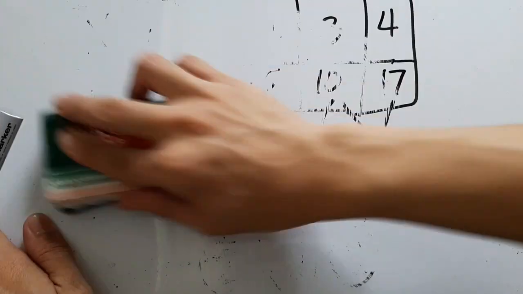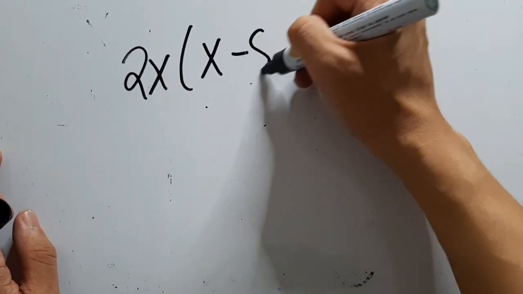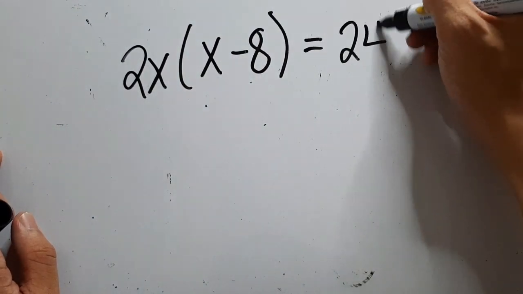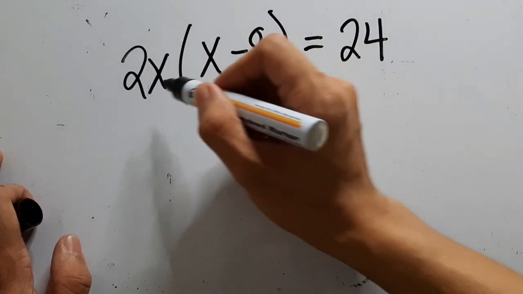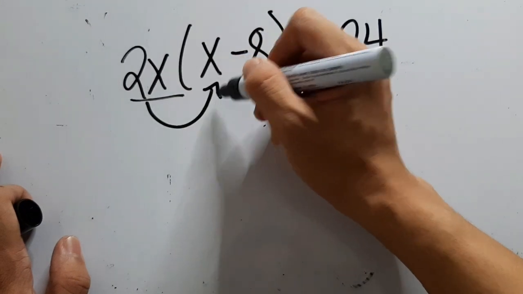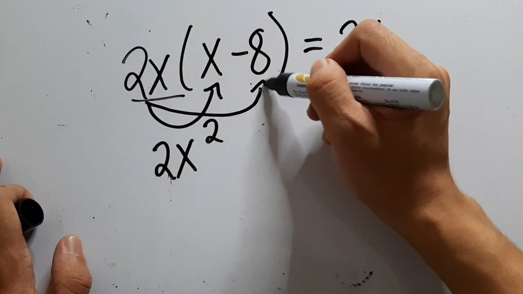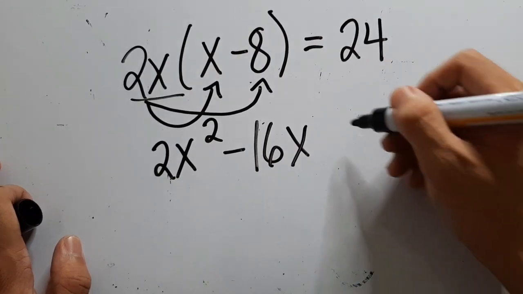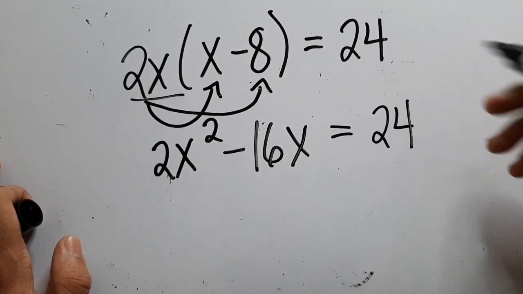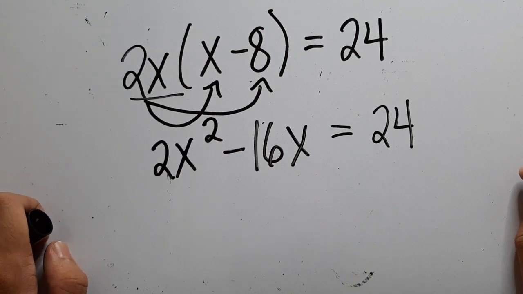Let's have an example. We have 2x multiplied by x minus 8 is equal to 24. So, since si 2x ay nasa labas, siya ang ating i-distribute. So, we have 2x multiplied by x. The answer is 2x squared. 2x multiplied by negative 8. The answer is negative 16x equals 24. So, ang ating equation na 2x squared minus 16x is equal to 24 is a quadratic equation since